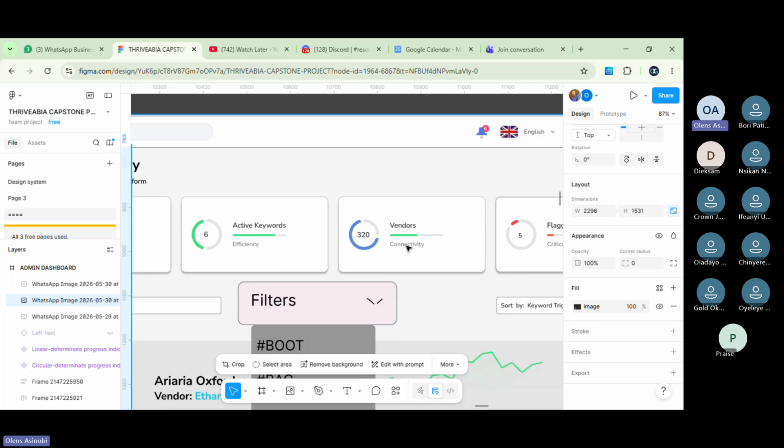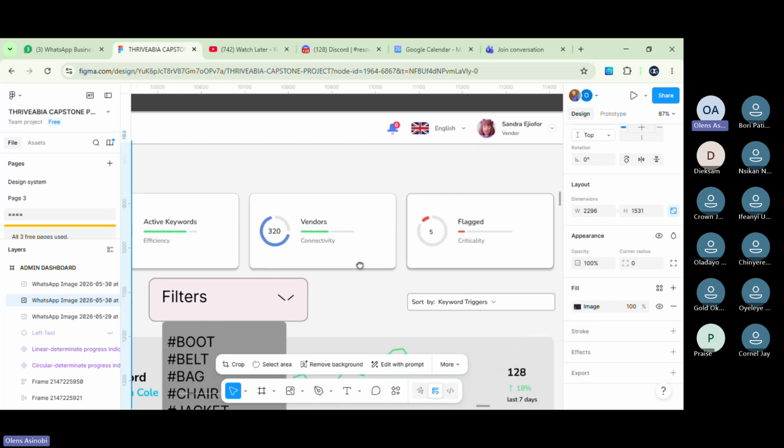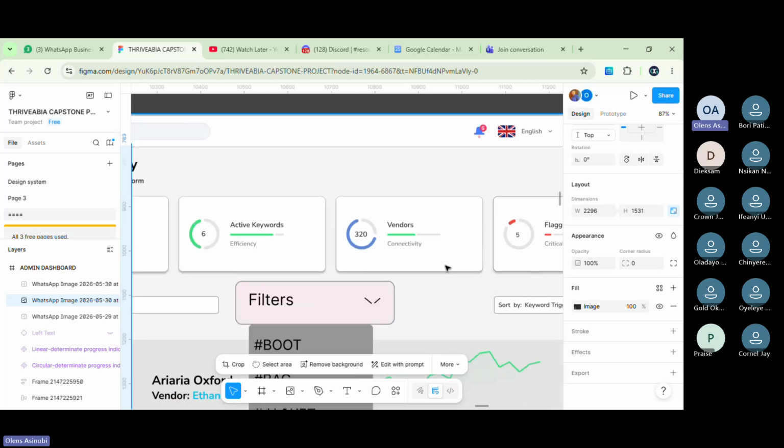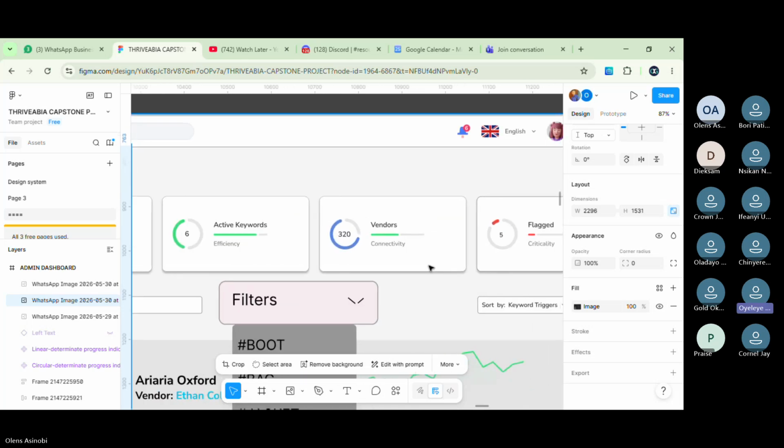When you say connectivity, what do you mean? The number of vendors that are already connected to the website. I don't really understand. Connected in what sense? That have registered, that are already uploading their products on the website.